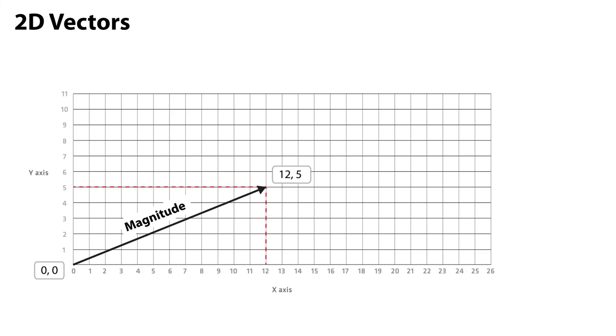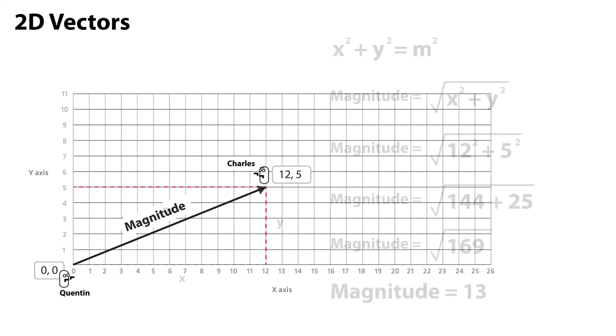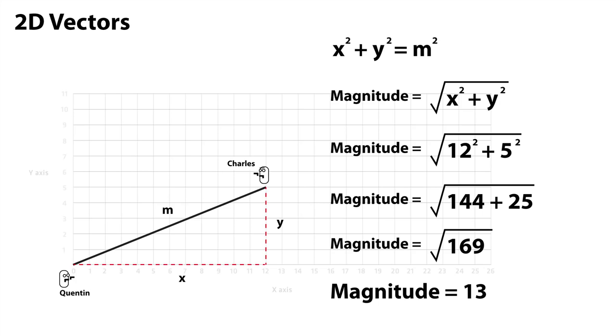Imagine that there are two people in a field called Charles and Quentin, with a lethal vendetta. Being gentlemen, they've agreed to a pistol duel, but their guns only have a range of 12 units. So can they shoot one another? Let's find out. As you can see, the magnitude is the square root of the sum of the x and y positions on the grid squared, which when added together makes 169. The square root of 169 is 13, so Charles and Quentin will be unable to shoot one another, which is